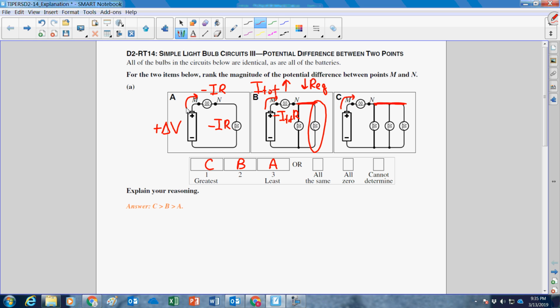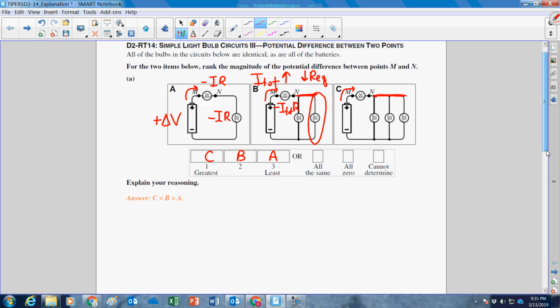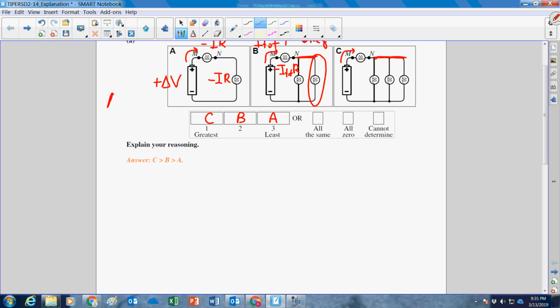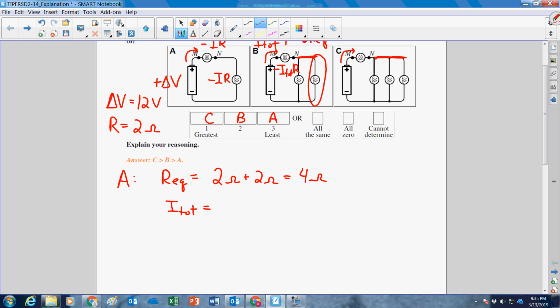Okay, so if you want to keep watching here, let's say that the voltage across the battery is 12 volts, and let's pretend that all the bulbs have a resistance of 2 ohms. Okay, and let's tackle case A. Then we would like to know the voltage drop across MN. We need to know the current, so let's find that first. We know that the equivalent resistance for a series circuit is just the 2 resistors added. Okay, that means total current will be